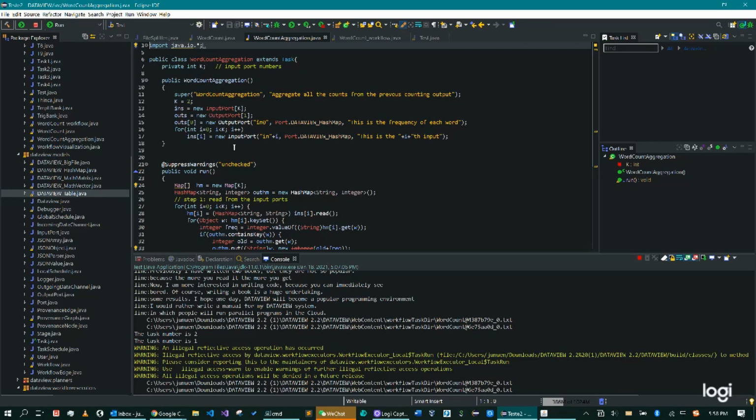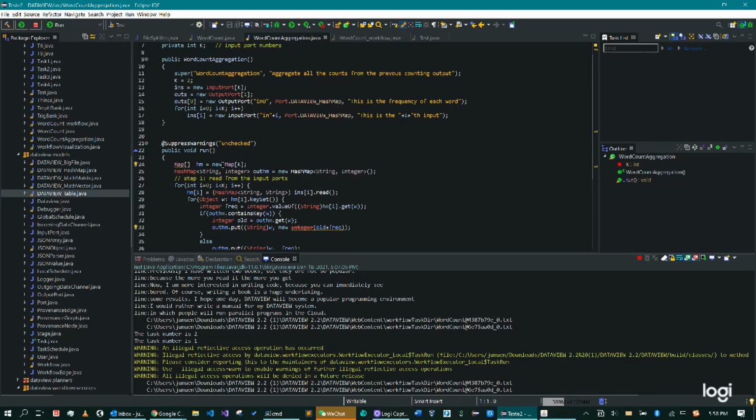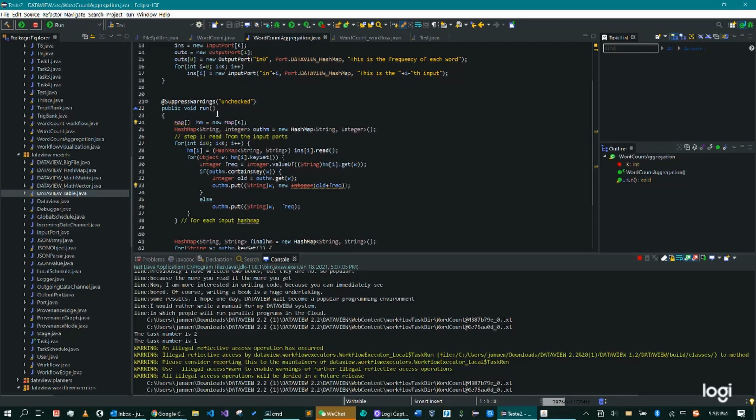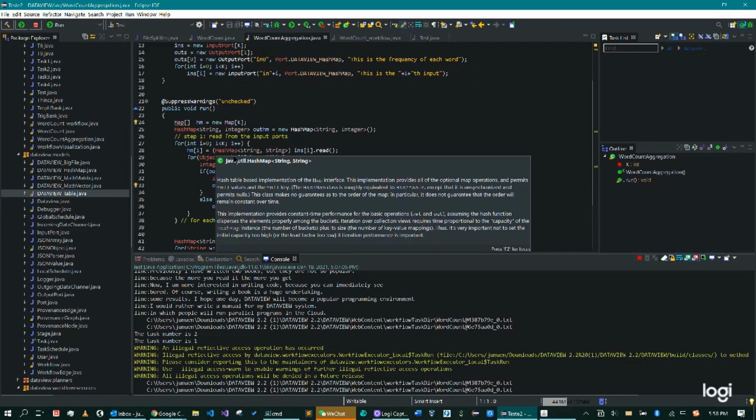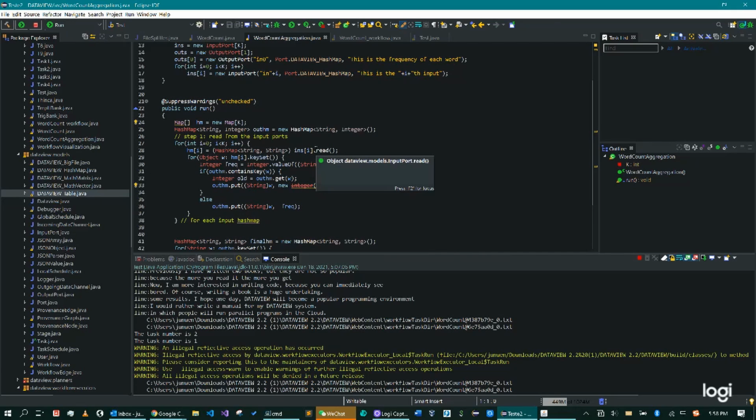So here is a run method. We do the similar thing. We have 3 steps to do. The first one is we're going to read the data from the input ports. So here is a line where we read. We use a read method to read the data from that input port, and also we get the data from the input ports,